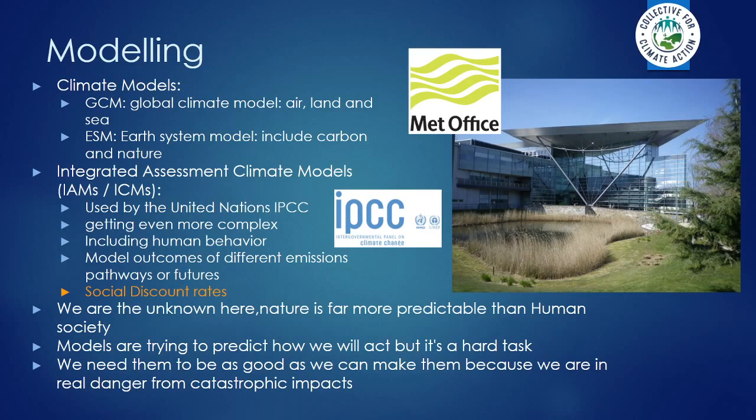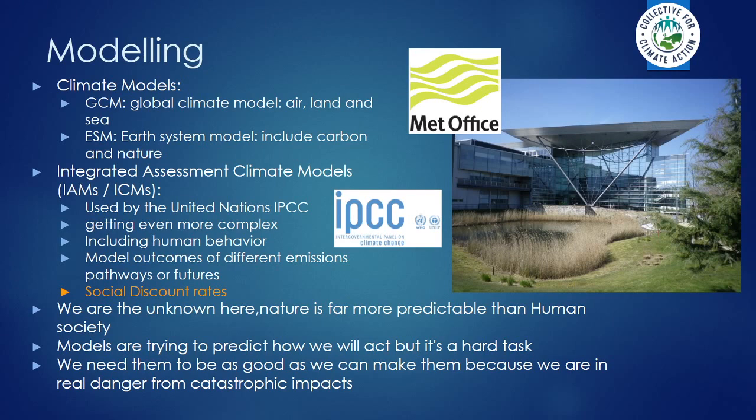But now we know that that's not true, and economists are talking about actually flipping those discount rates on their head, so that we're going to be less able to deal with these things in future. And I think the next IPCC models are going to have runs that incorporate that. What that does is make decision makers fully aware of the fact that we need to act now, because it's going to be easier to do it now than in future, when we'll have more resources, more money, and a more stable environment. And we're not putting it onto future generations, who are likely to be poorer and more impacted by the impacts of climate change.